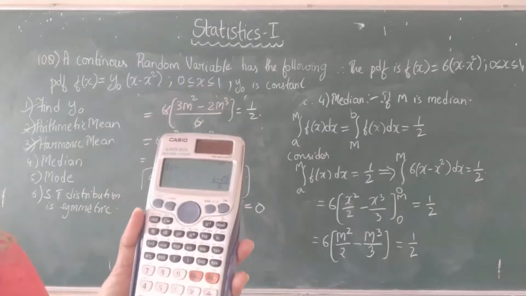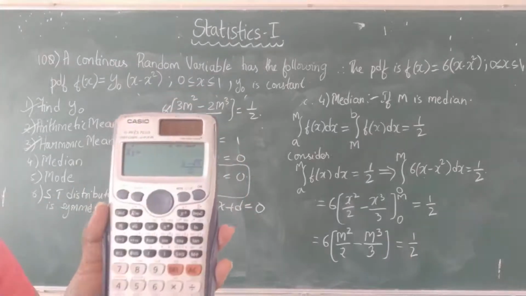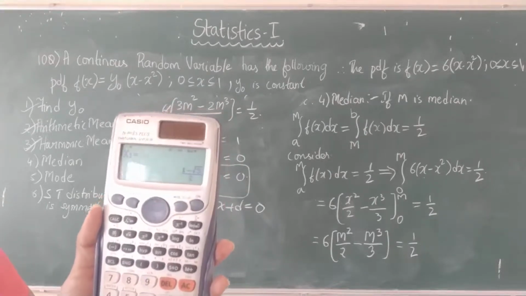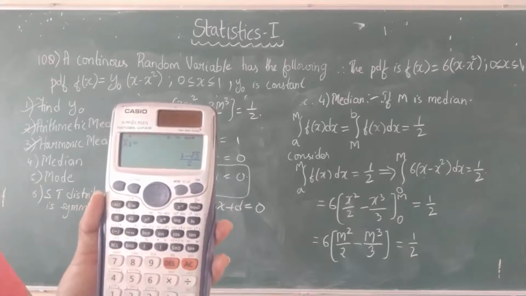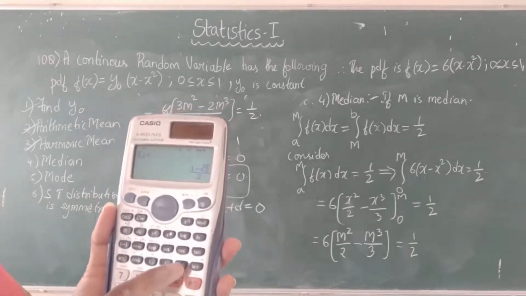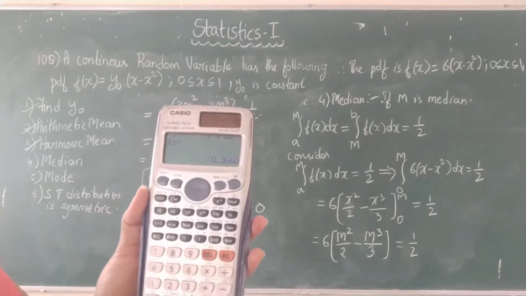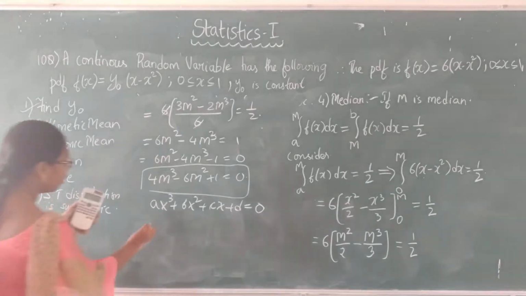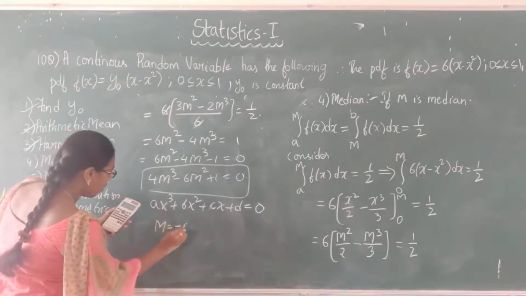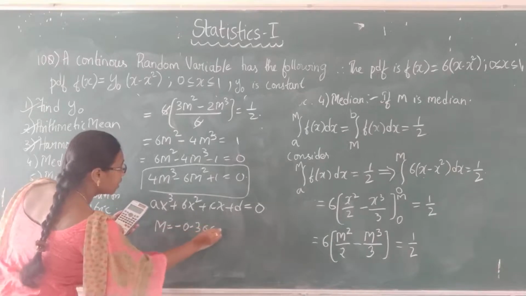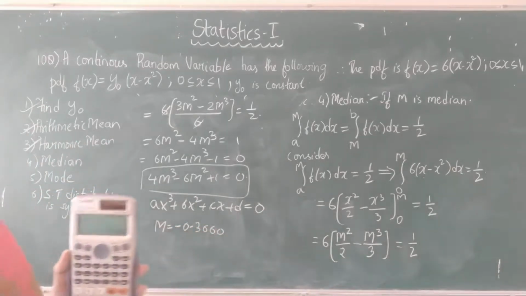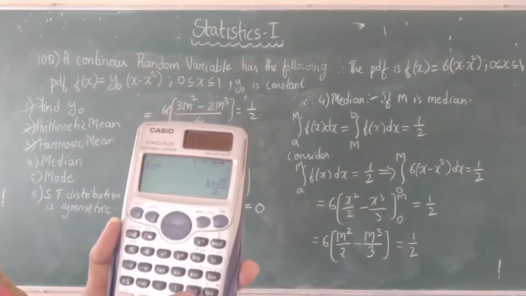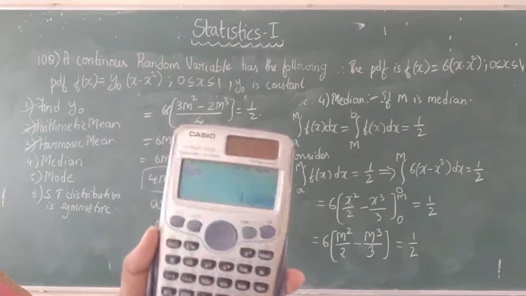So here x means the m value. So this is the m value. Put your Calc in the stats mode so that you will get the decimal values. If you don't put it in the stats mode, you will get fraction values like this. Just click on this ST, and you will get the required value. This is the first value of m. So write down the first value, m equals minus 0.3660. So we will get different values, right? Not only one. Once again press equal to, and you will get the second value. The second value is 1.366.